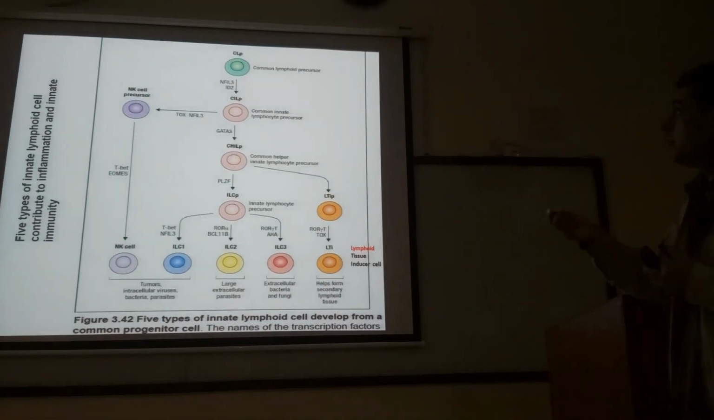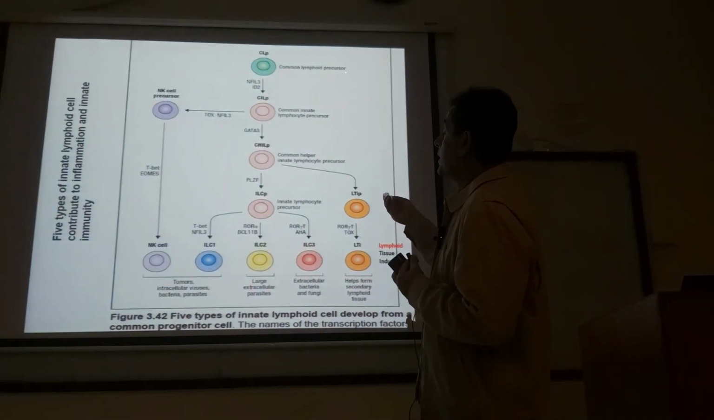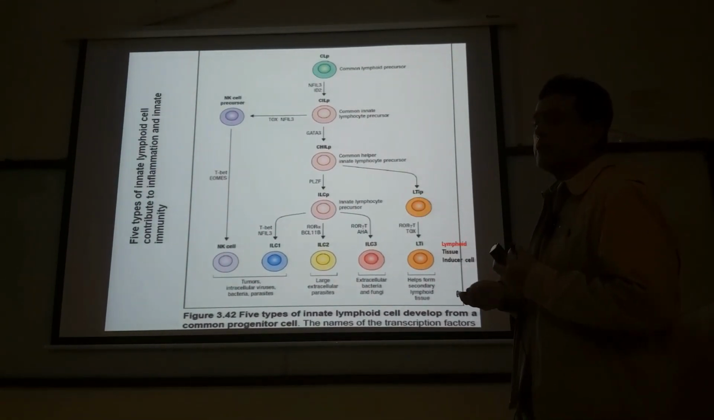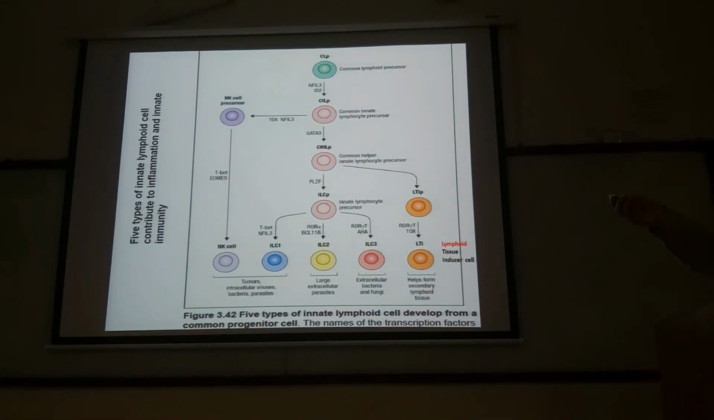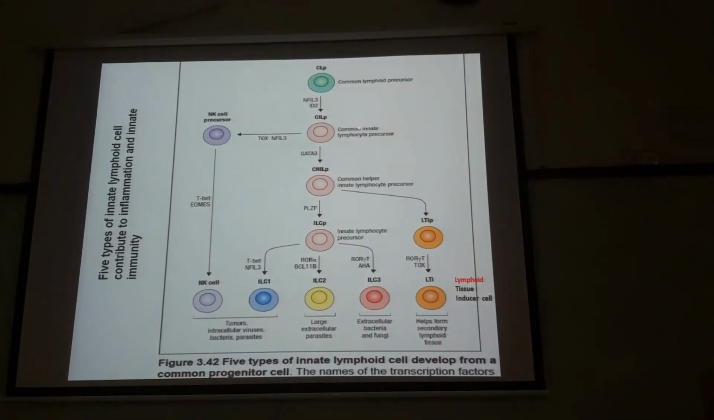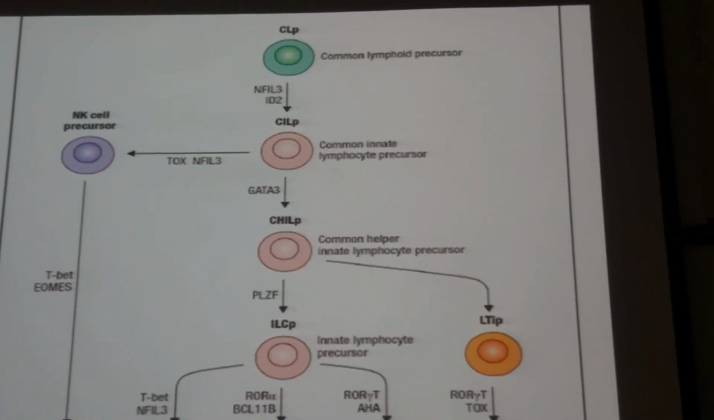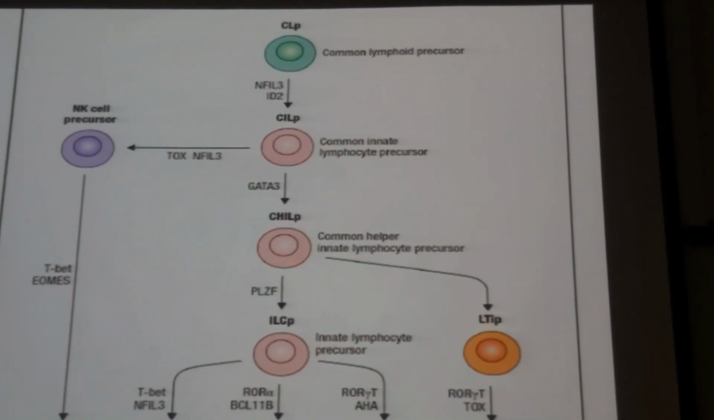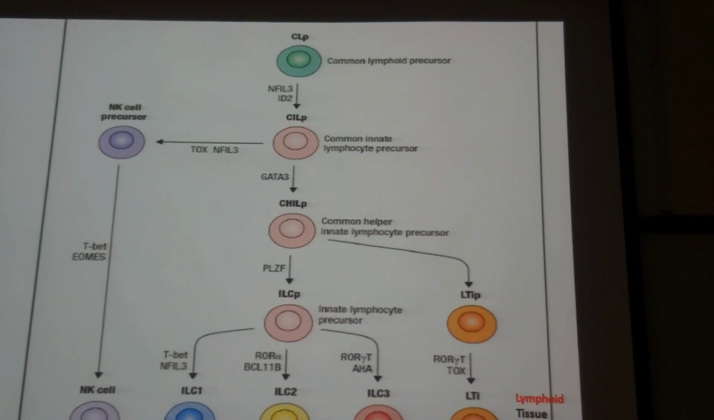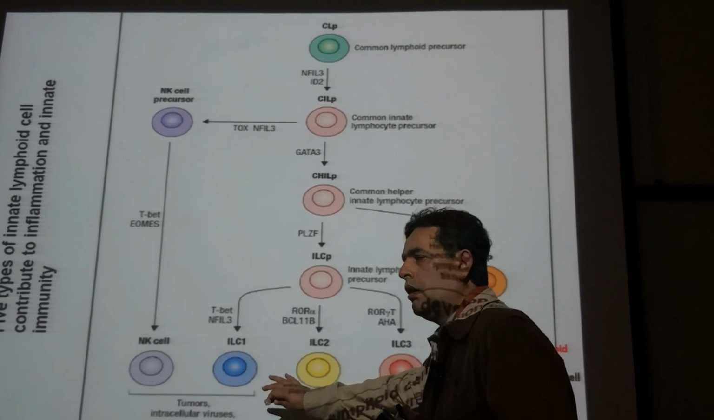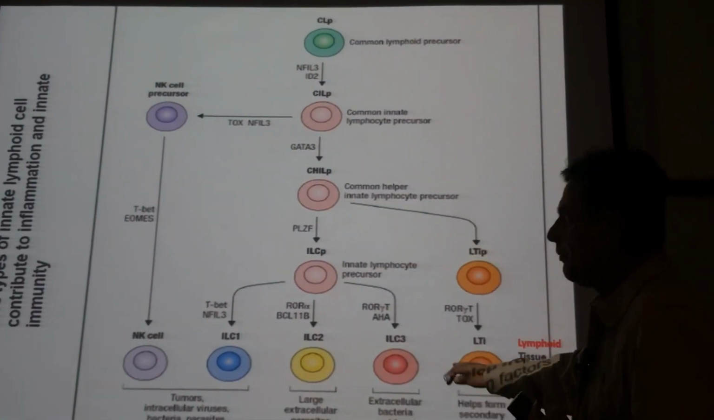So this green one is a common lymphoid progenitor, lymphoid precursor cell, and under the influence of certain transcription factors, just like this one, NFIL3 or ID2, these are transcription factors, it differentiates to give rise to CILP, which is a common innate lymphocyte precursor. This common innate lymphoid precursor cell is going to give rise to all of the lymphoid cells, the innate